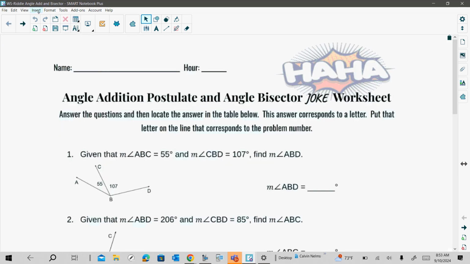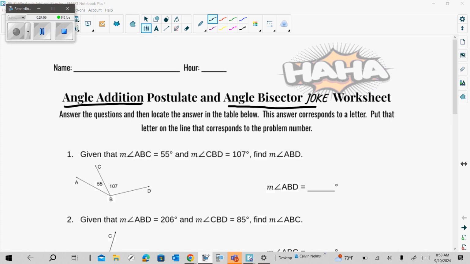So the mixed practice is in your spiral, but this worksheet is your homework. It correlates with the foldable. You're either going to do angle addition postulate or you're going to do bisector. Yeah, I'll stamp it actually Thursday. Wait, so